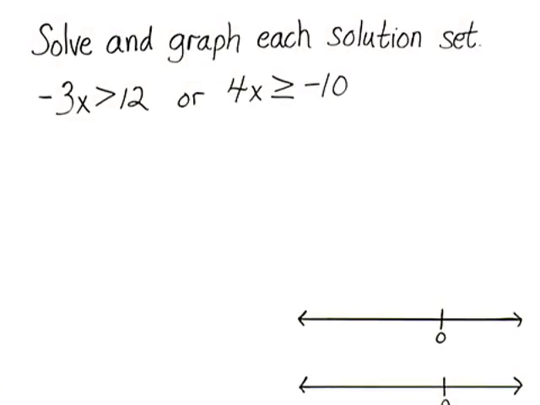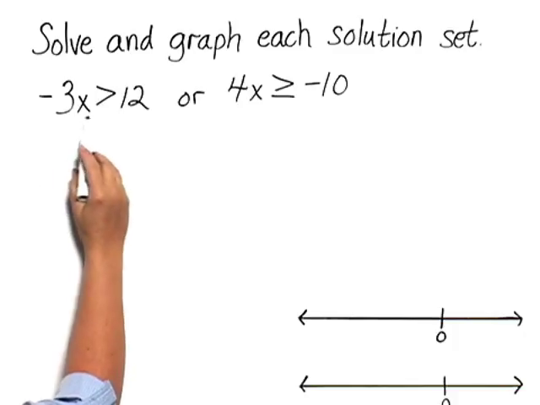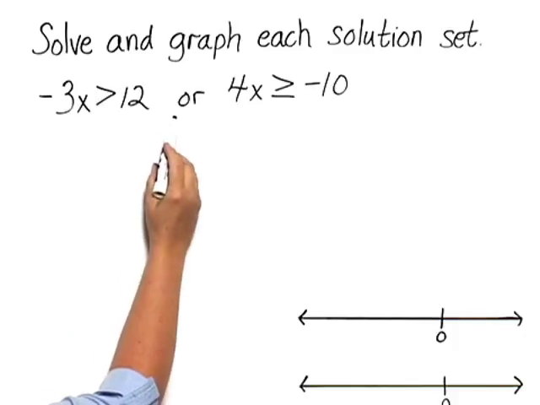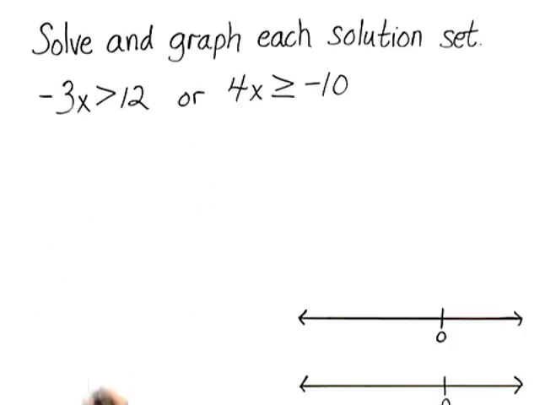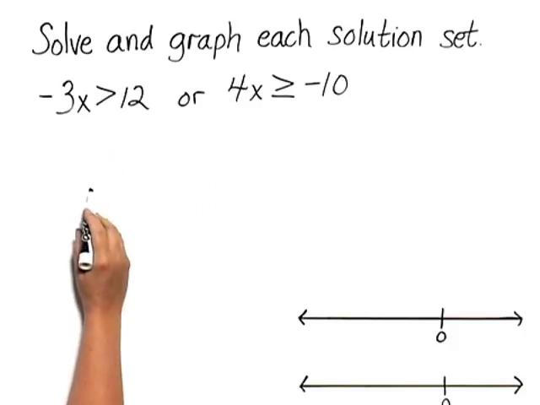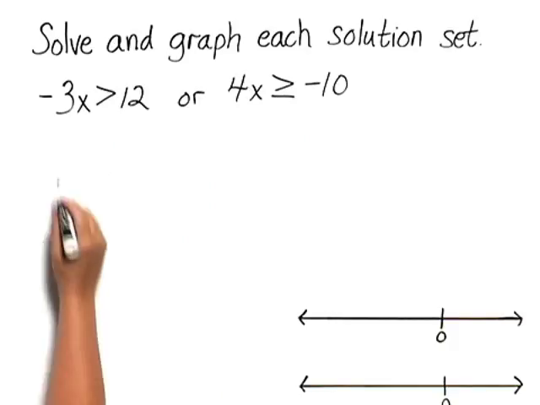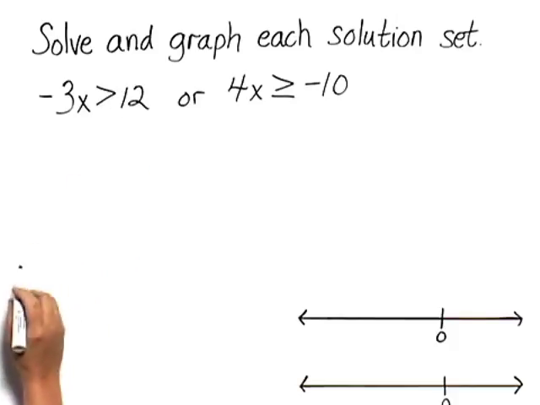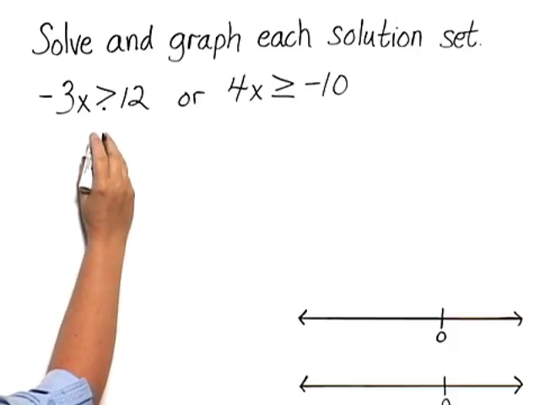Solve and graph each solution set. We have the inequality negative 3x is greater than 12 or 4x is greater than negative 10. Let's solve each part separately, and then we'll look to see what the solution of the compound inequality would be. Dividing both sides by negative 3, we will need to reverse the direction of the inequality symbol